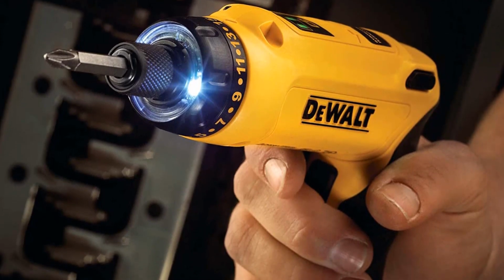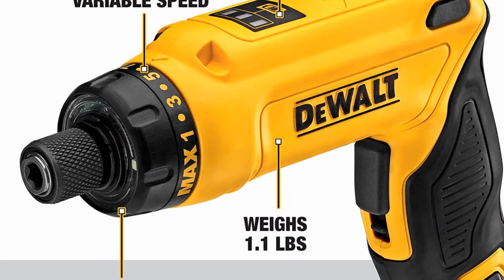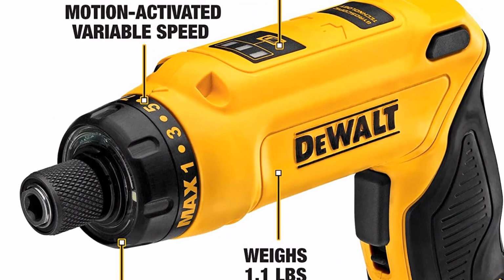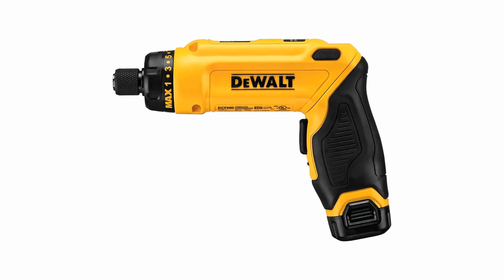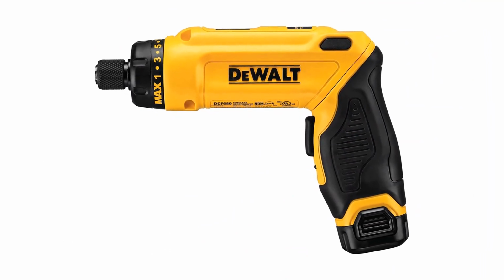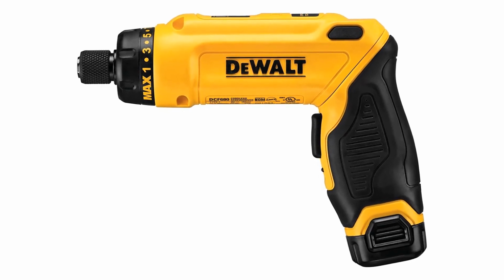The motor will turn in the direction you twist your wrist and increase the speed depending on the amount of twisting. Twisting your wrist to the left or right will move the tool forward or in reverse, while twisting further will increase the speed to up to 430 RPM. The gyroscopic feature is complicated to use in tight spaces, and the low torque makes this model unsuitable for heavy-duty